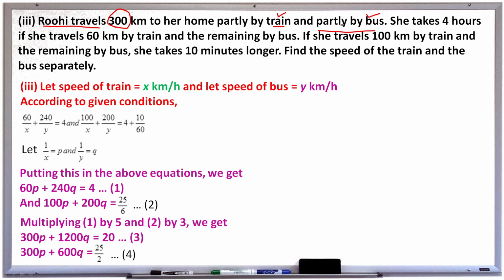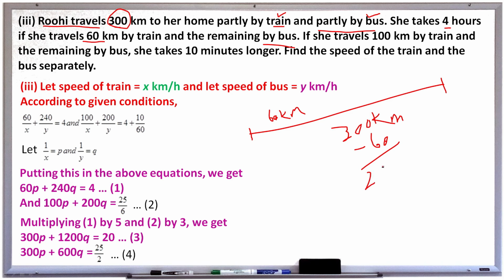How many kilometers she has traveled by bus is not given. But she takes 4 hours if she travels 60 kilometers by train and the remaining by bus. The total distance is 300 kilometers. They are asking how many kilometers she travels by train and bus. It is not given, but she takes 4 hours if she travels 60 kilometers by train, and the remaining is 300 minus 60, that is 240 kilometers